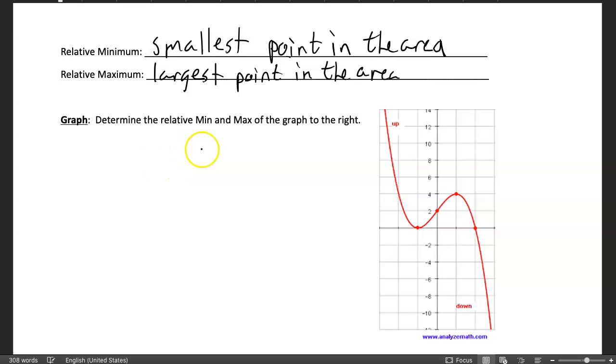So if we're looking at this graph and we're trying to determine the relative mins and maxes, looks like we have a smallest point, looks like we have a little bit of a cup here, with the smallest point being here. So we have a relative min,